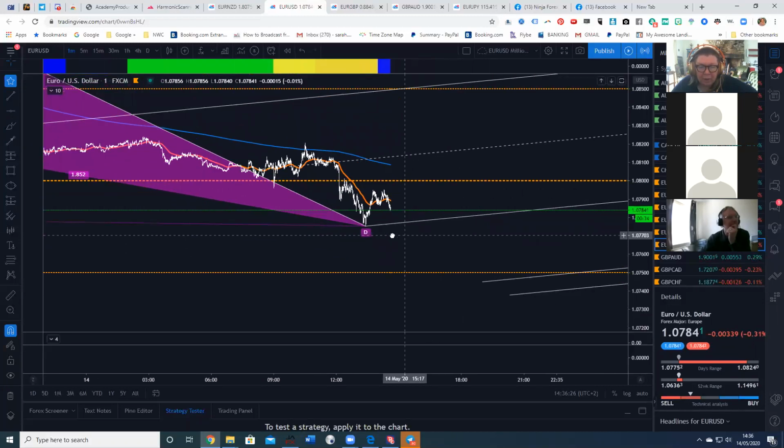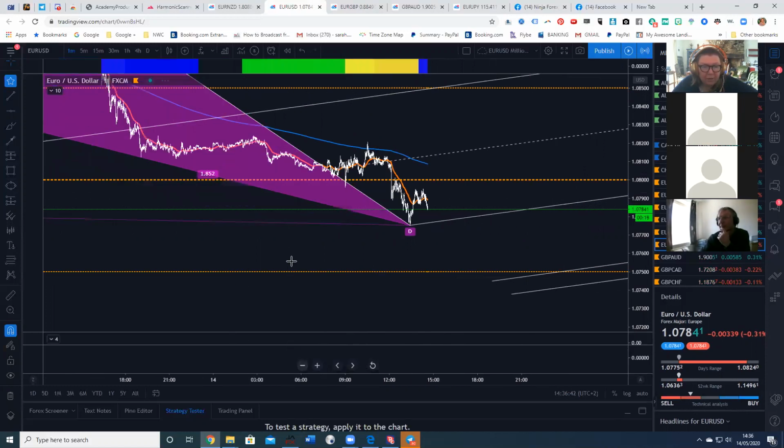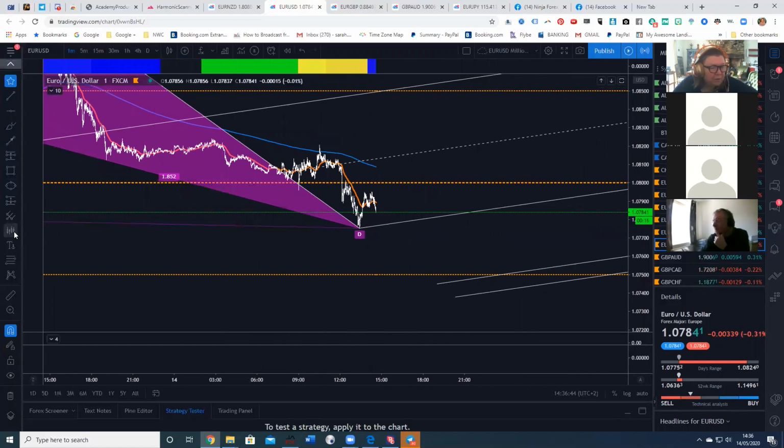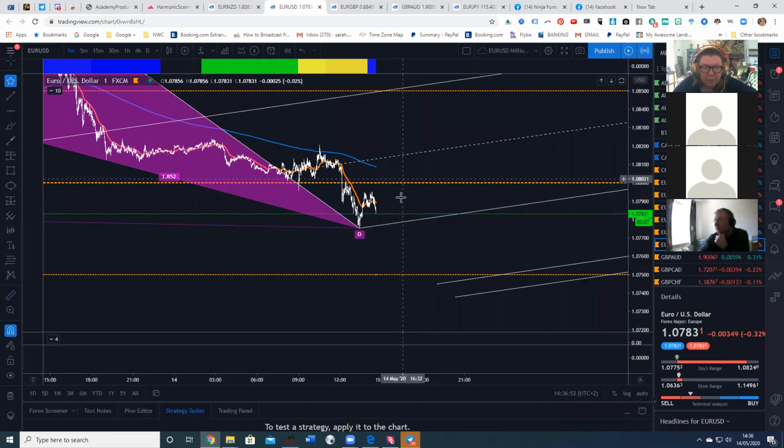So again, look at your rules on your strategy. I'm looking for a break and a retest of the D point, and then to look for the buy. And we've got a bit of a wedge here with that quarter theory. So I do pay close attention to that. So let's just look at, we've got about 20 pips between there. So what I do is set the,